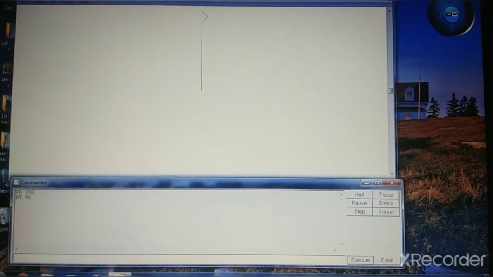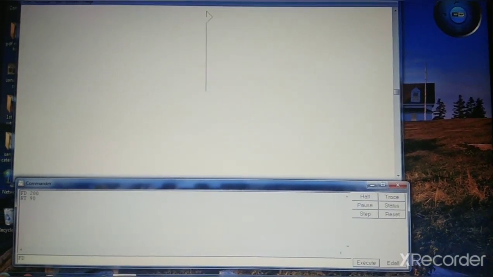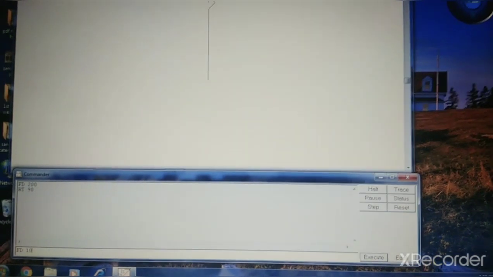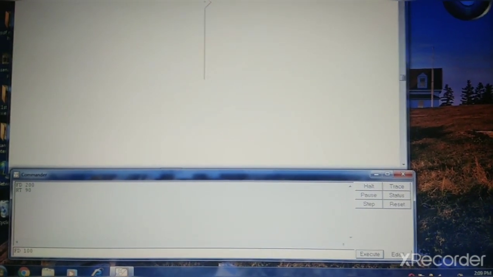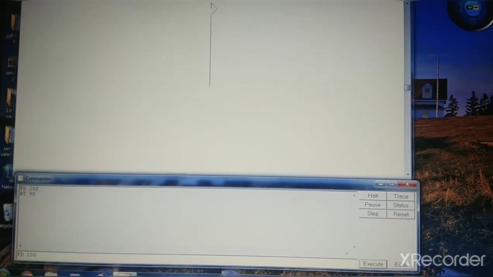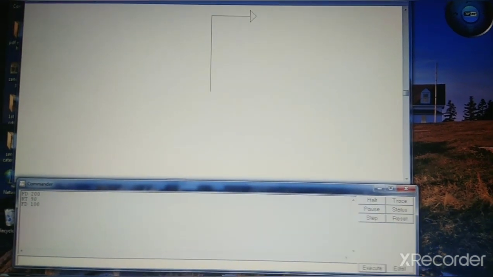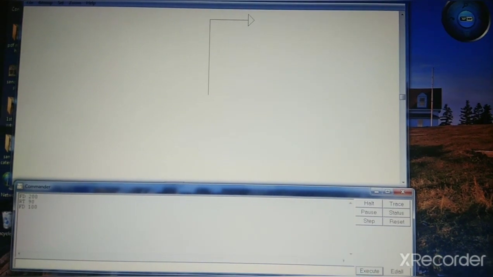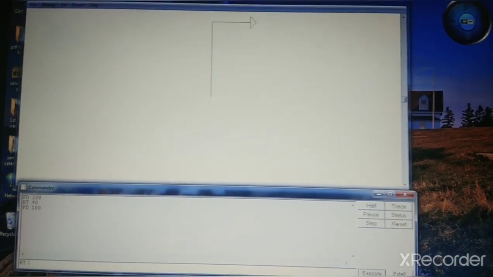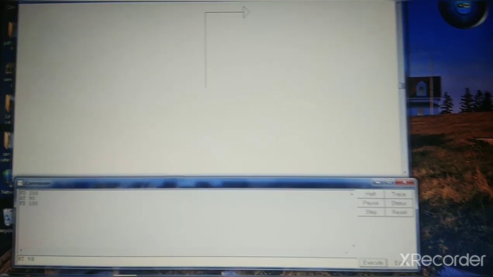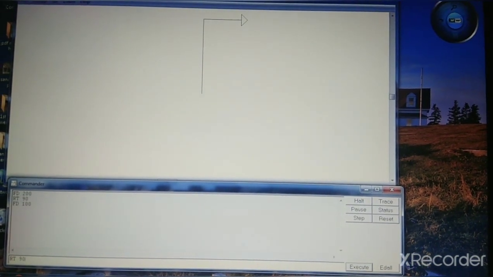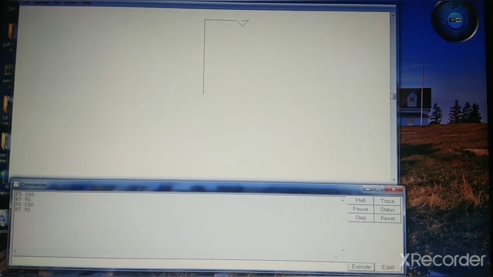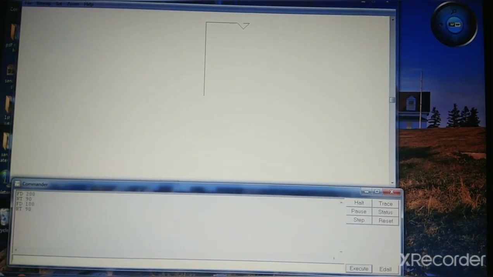Now type FD 100, to tell the turtle to move forward by 100 steps, and press enter. Now again tell the turtle to take a right turn, RT 90. Enter. Now you can see the turtle has turned right.